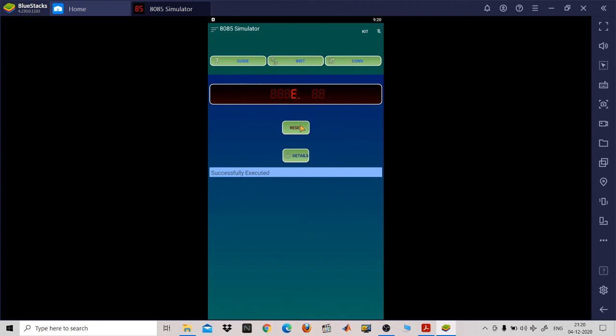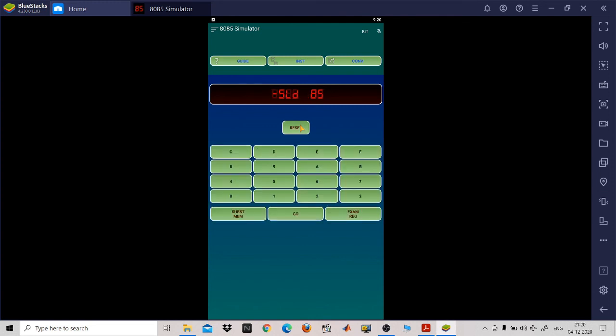Now reset, substitute memory. You want to check whether you have arranged your block of 5 bytes of data in ascending order or not. So 3000. Okay, 01 is coming, which means we have sorted our first data.